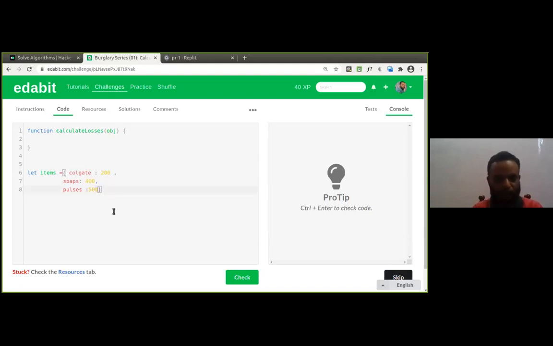Very good. So Object.values of obj. That way you are going to take it. So what will we be doing next? Then reduce it. Okay, fine, good. So Object.values will give you the values.